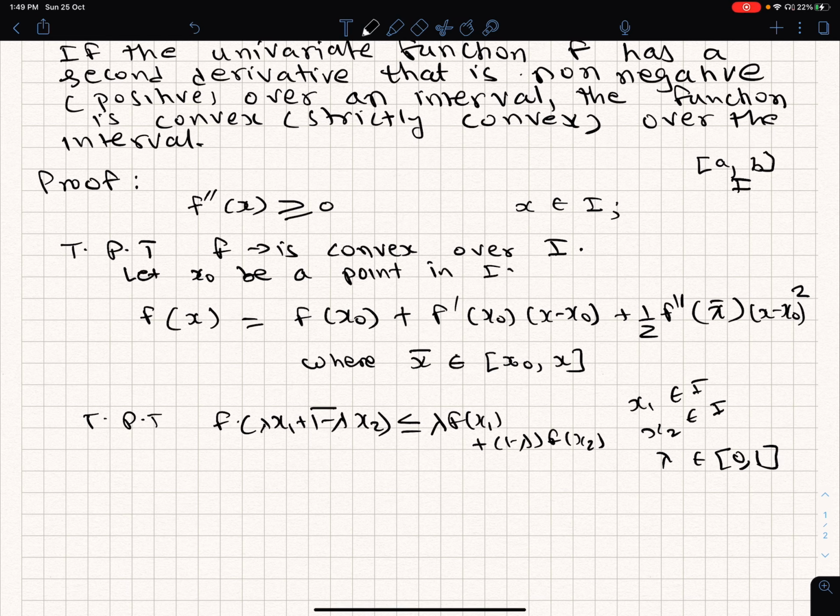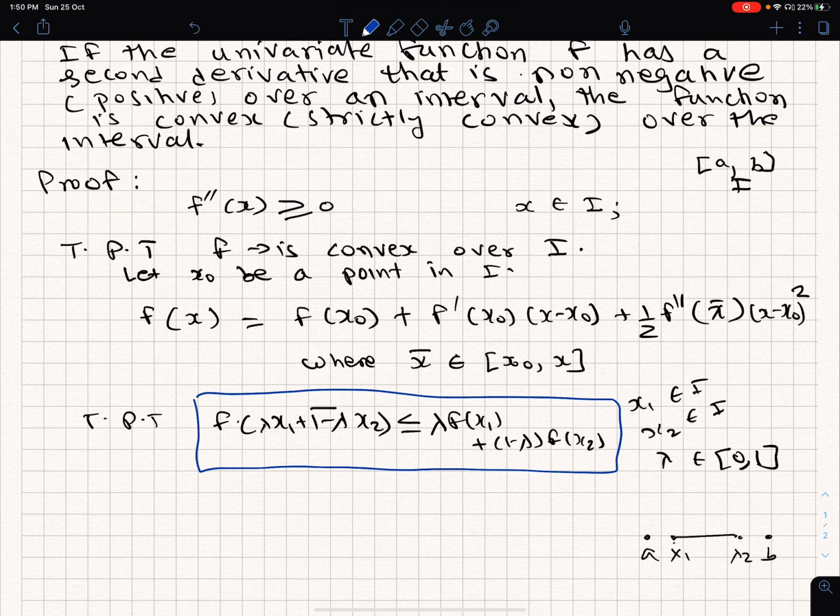So this is what I want to prove. There is an interval AB. In that interval somewhere I have taken x1, x2. Now I am going to restrict my points by moving lambda from 0 to 1. I am looking at only the line interval from here to here, and over that I have to establish this inequality. Okay, so let's just put this in a circle.